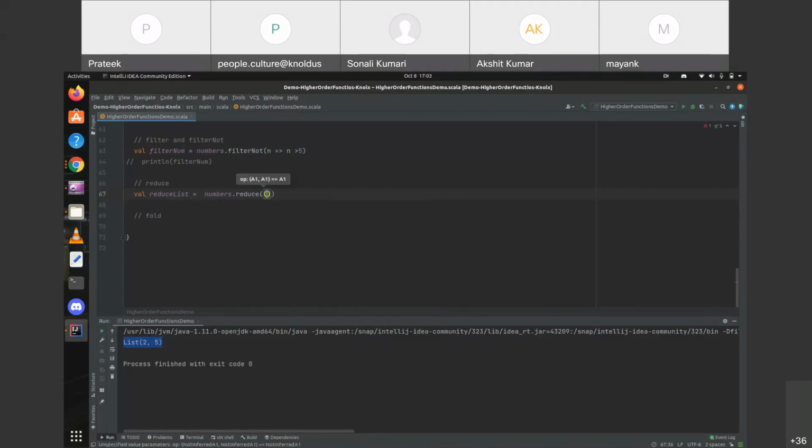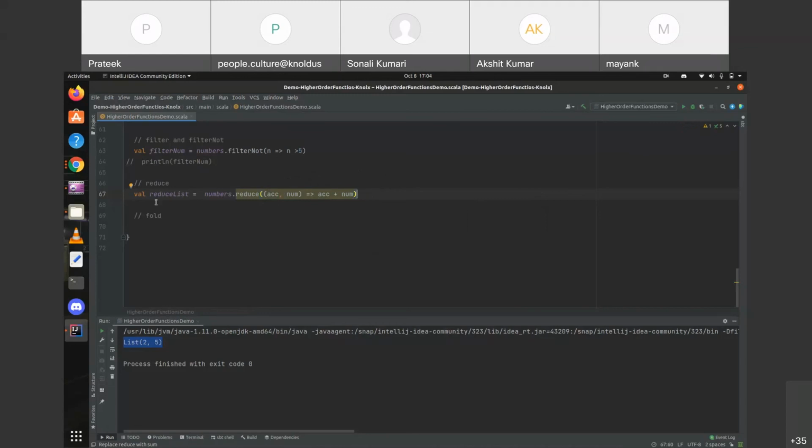We call reduce, then we are simply passing the binary operation here, and what we are doing is simply plus. So we can see that we are passing two parameters here. First one is the accumulator. We are simply giving names to those. Accumulator basically accumulates or keeps the state of all the calculation, and finally we'll get the output from the accumulator.